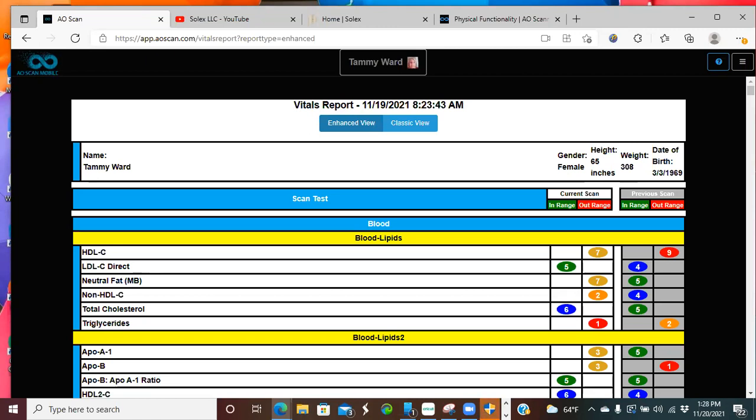If you have people that really don't understand frequencies or how this works, I would just email them the classic view. I wouldn't send them this. This view, I think, is for the doctor or the practitioner or somebody that really understands frequencies and how it works in the body. I would literally just do the classic view, even though that looks bad too. At least they can just hone in on where the double reds are, because it's the double reds we want